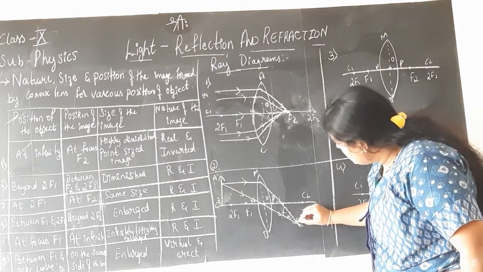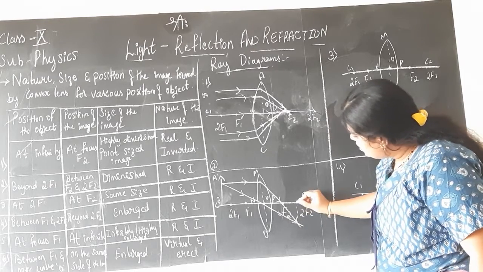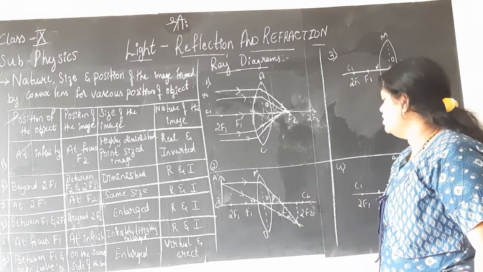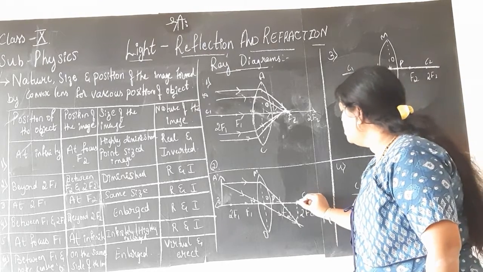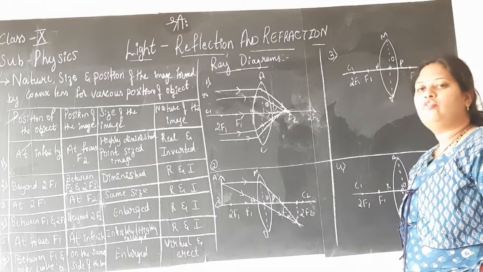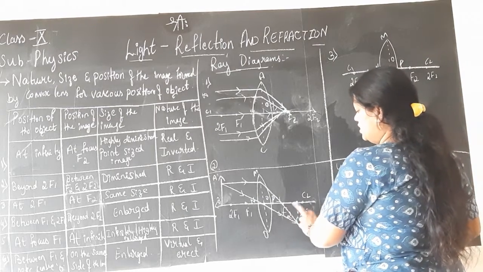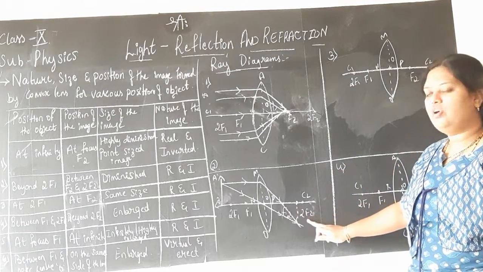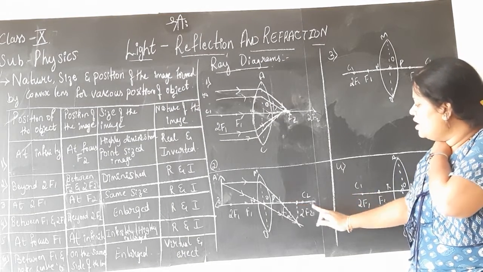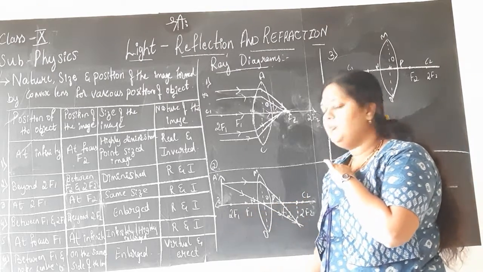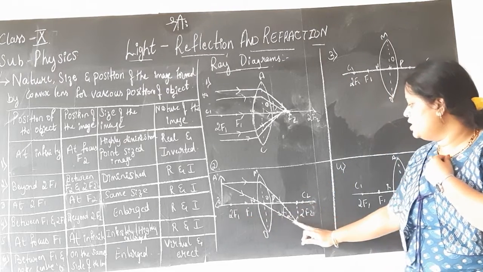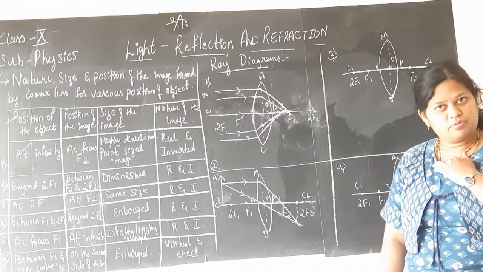From that intersection point, what we usually do with respect to mirrors also, we did the same. We connect them with the dotted line or line, straight line also you can draw, and it should touch the principal axis at some point. Where that point is formed on the principal axis, children, there you see where it is. F2 is here, 2F2 is here, the image is coming in the middle, so we can say the image is formed between F2 and 2F2 when the object is placed beyond 2F1. When the object is placed beyond 2F1, the image is formed between F2 and 2F2.